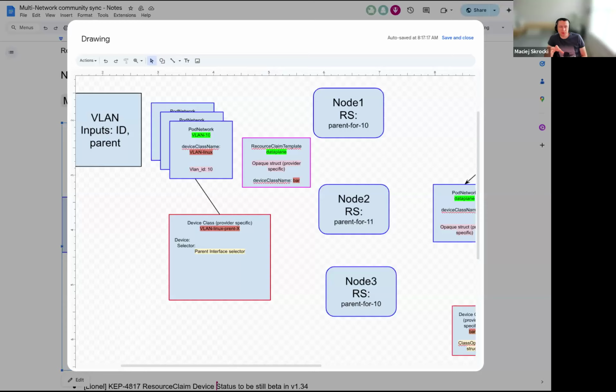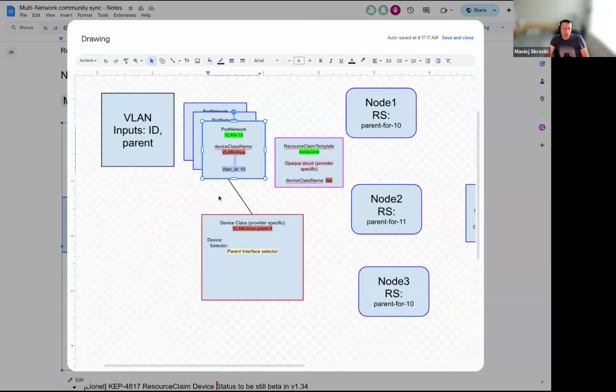No, that's perfectly fine, right? But this is the approach where you yourself create the resource claim template, right, Lionel? What you're calling out, and then okay, at that point this pod network has only the label, right? This is the other approach we were talking about, where pod network only uses what you're calling out, the